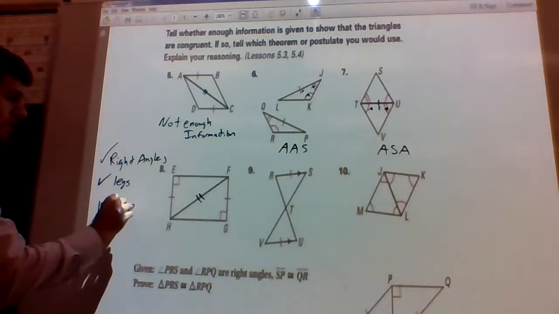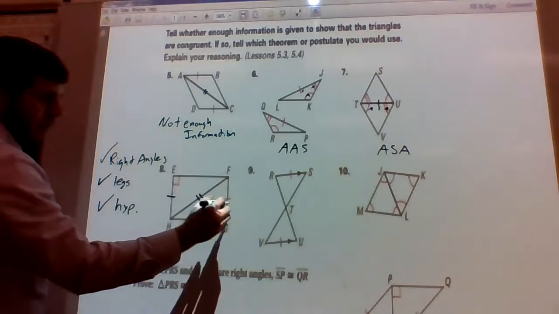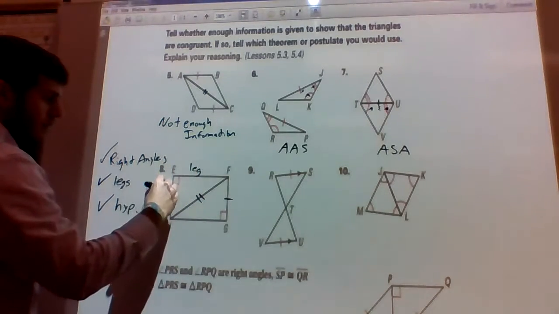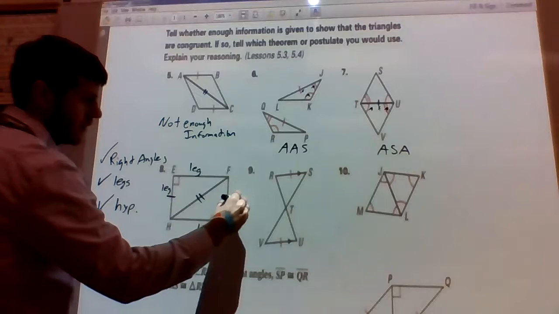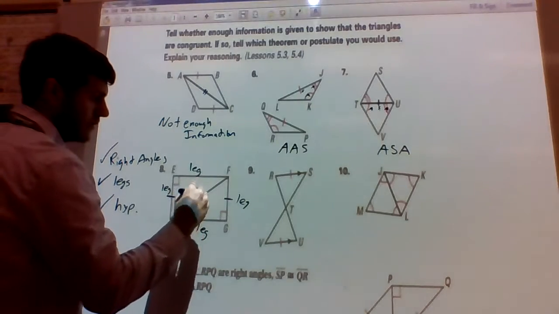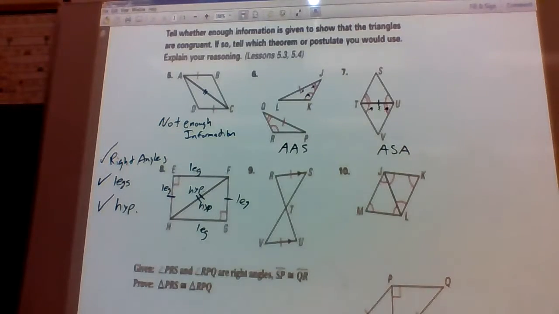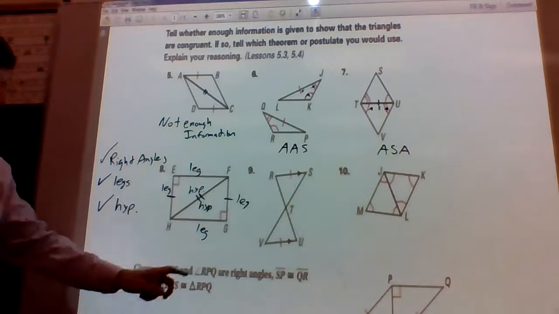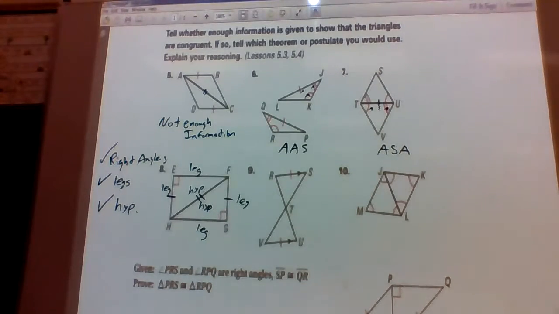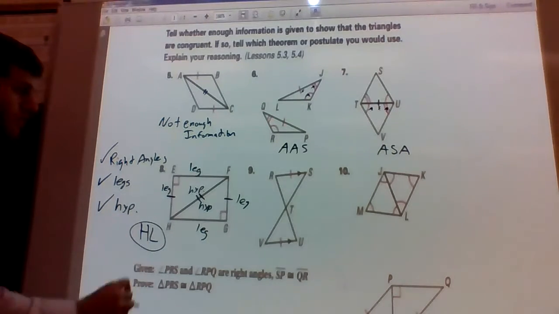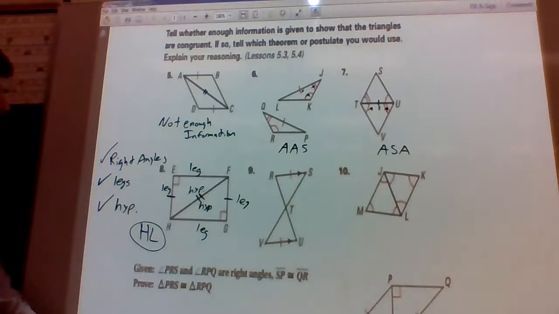Yes, we do. Okay, so EH and FG are legs. So again, leg, leg, and then a hypotenuse is the same. The hypotenuse for both of them is HF. So since HF is congruent to HF, our hypotenuses are congruent. Since we have a pair of congruent legs, EH and FG, and since we have right triangles, we know by the hypotenuse leg postulate or theorem that triangle FHE is congruent to triangle